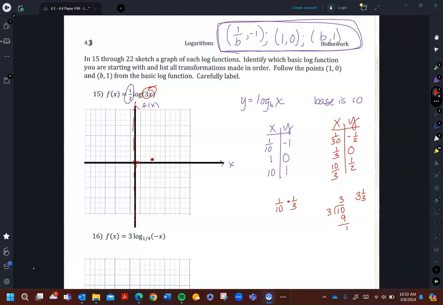So once you get your basic points placed, it's kind of hard to draw because it's really close. So just do your best. I know on the key too, it looks like it's really on that line. But we're just looking for a sketch here. And then it would kind of go off like that. And that would be for number 15. All you need to do